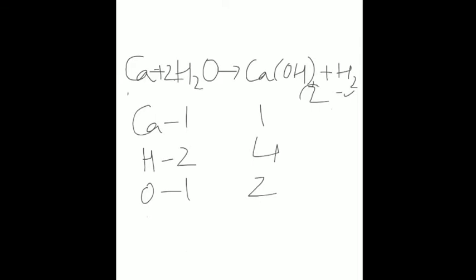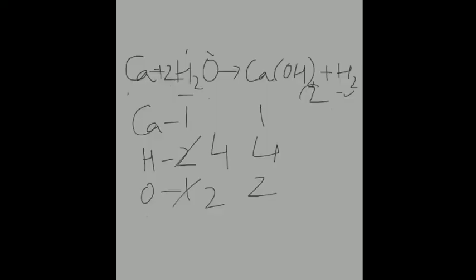Is that clear? So this becomes 2H, and oxygen also changes to 2 here. Both hydrogen and oxygen were not balanced, the number was not equal, so we have equalized them by putting a 2 in front of water. So 2H and 2 atoms of oxygen. Is it clear? So this is a balanced equation. You can take one more example.